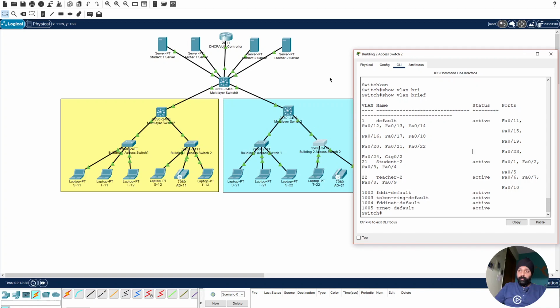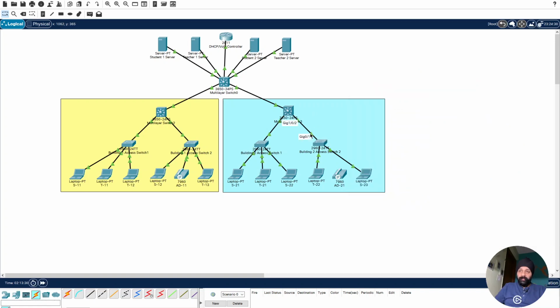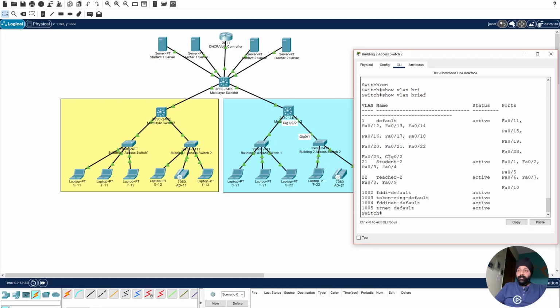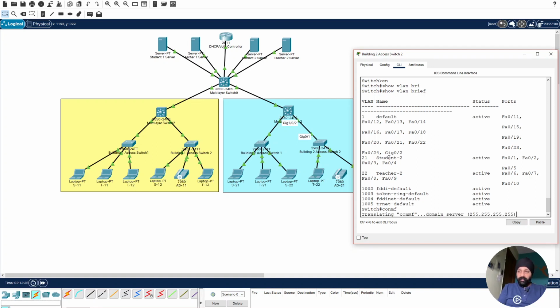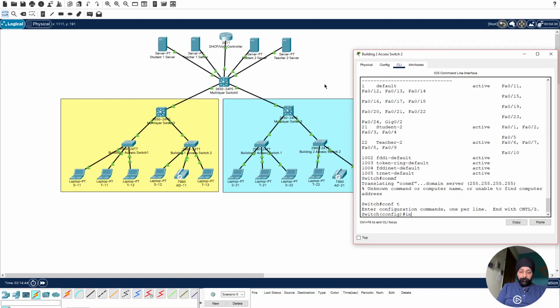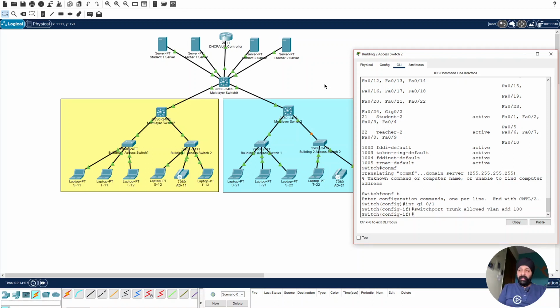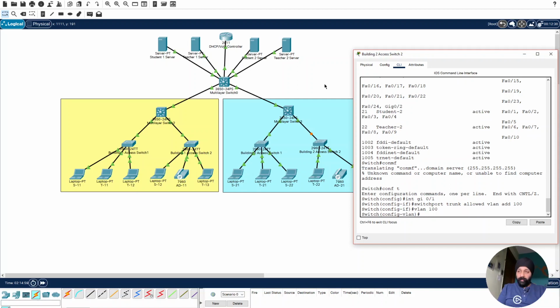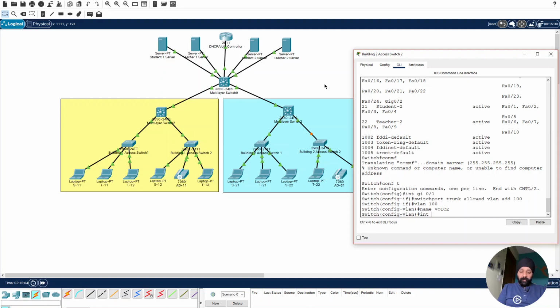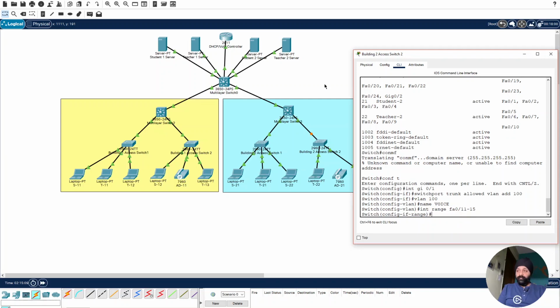And so what we need to do is first we need to make this a trunk port for VLAN 100. So configure terminal. On interface gigabit 0/1, what we need to do first is switchport trunk allowed VLAN add 100. So we are appending VLAN. Let's create VLAN 100 also, and let's name it as voice,